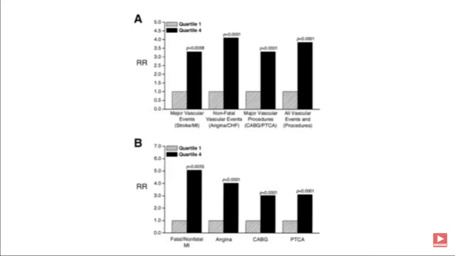big deal. If you look at the results, they measured T-bar levels, and they put people into four quartiles from lowest T-bars to highest T-bars. And what they found is when they compared the people with the lowest T-bars versus those with the highest T-bars, the reduction in cardiovascular events was profound. There was a 5-fold reduction in heart attack going from the highest T-bar level to the lowest T-bar level. And every type of cardiovascular event you can think of was significantly reduced in those patients that had the lowest